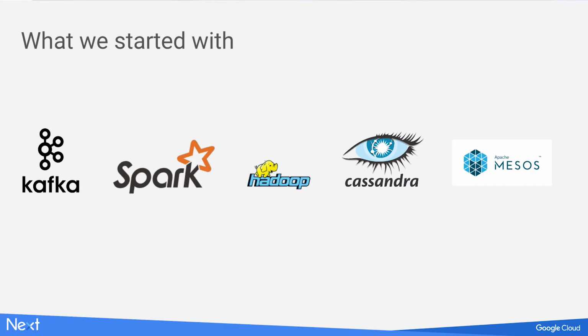There's Hadoop, which again has been battle tested. It's pretty good. Cassandra, a key value store based on the original Bigtable paper. The theory is good. The implementation is even better. And finally, Mesos. I like Mesos, and if you want to do anything at scale, you need to actually schedule work, and it was a thing which would let us move a little more easily rather than deploying on individual servers at a time.